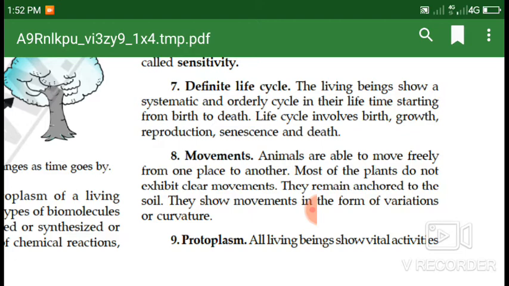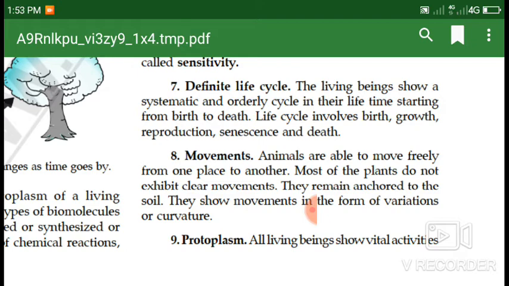Most of the plants do not exhibit clear movement. They remain anchored to the soil. They show movement in the form of variation or curvatures. Some plants are strongly anchored by the soil and firmly held inside it. They are not able to